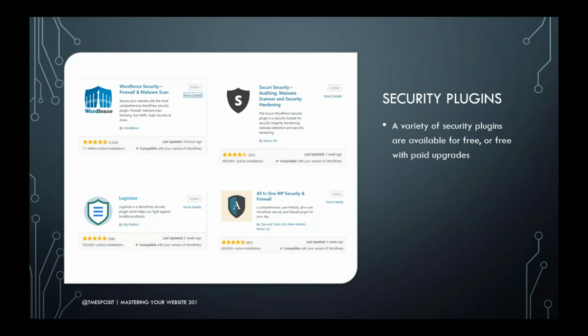Specifically, I'm going to be talking about these 4 plugins. So as you recall from 101, or if not, plugins are little pieces, little programs that you can install on your WordPress site. They are sometimes free and they are often not free. The ones that I have here, these are all free, but they all have the option to have a paid level. I have yet to activate any of those paid levels, and some of these offer way more functionality than others, but these are some of the top rated ones that I found and used to help secure websites.